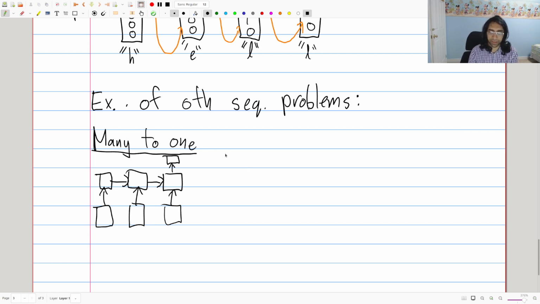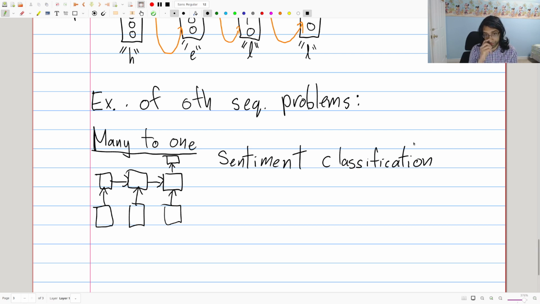Well, a common application of this sort of thing is sentiment classification, or just any sort of classification problems on text, really. Maybe you feed in some sentence and you want to predict something about that sentence. Well, an RNN is a very natural way to do it. You just feed in the sentence one by one, and it'll store some hidden state. It'll basically figure out things about what you've written so far. And when you finally get to the final hidden state, you can just do some prediction on it,